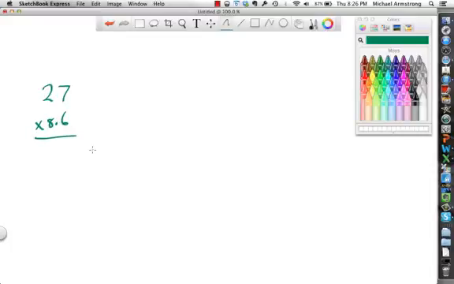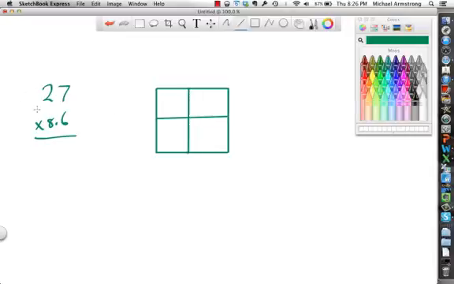You just have to be able to get these boxes to work. And you're just splitting it apart. Okay. When you do this, you do 6 times 7. And you do 2 times 6, which is just 20 times 6. So, for instance,